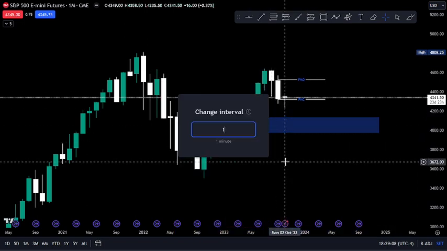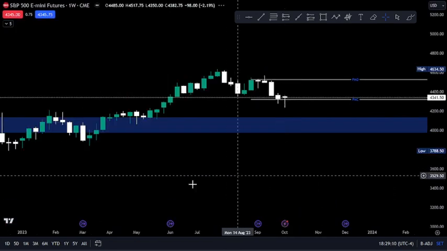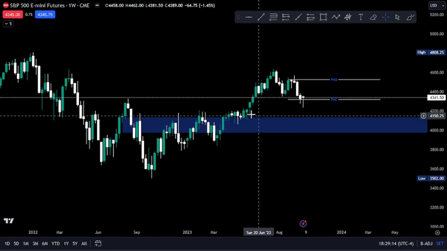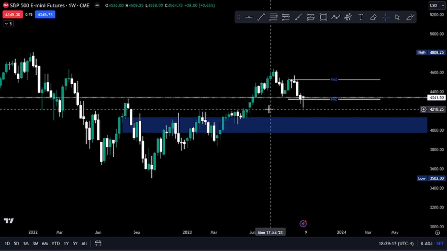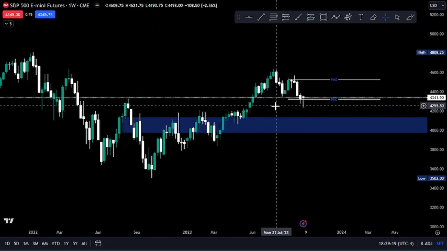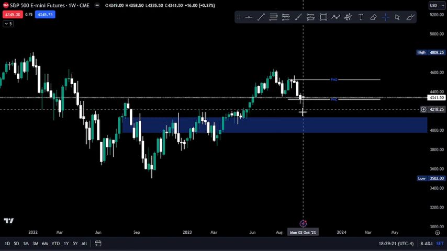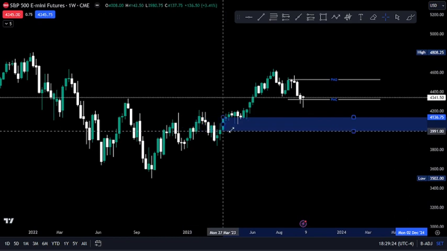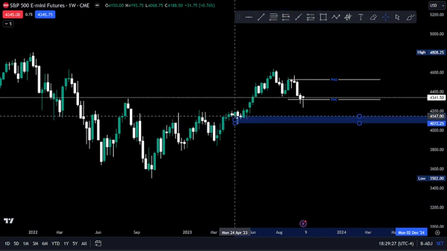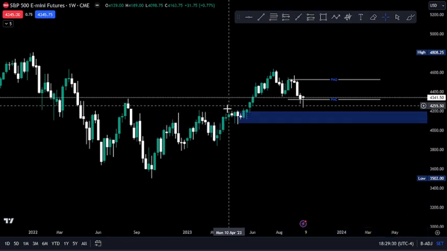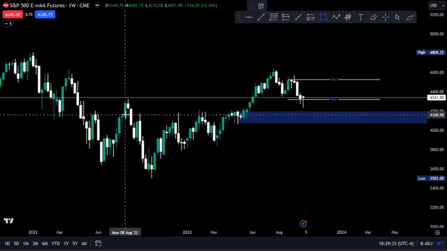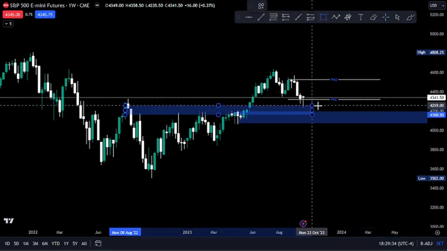So if I then go for a weekly, okay, so last week, as you can see, came down, filled some of these imbalances here in the weekly charts, and price action held on Friday before we push back up. So we can refine this monthly level into a weekly level here. This was a level that I was looking to get tagged in. And we've also got this here, okay, which